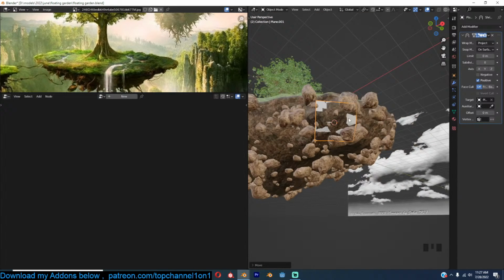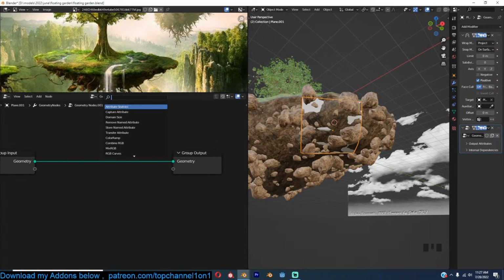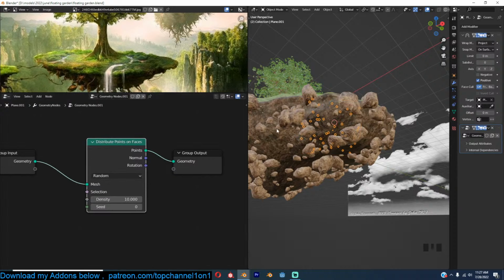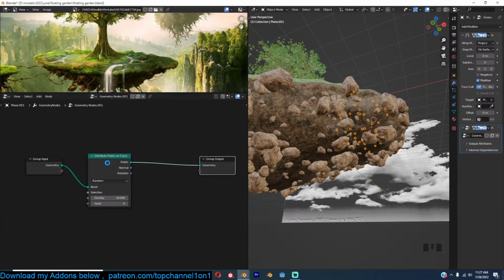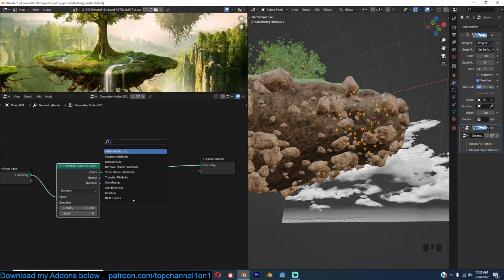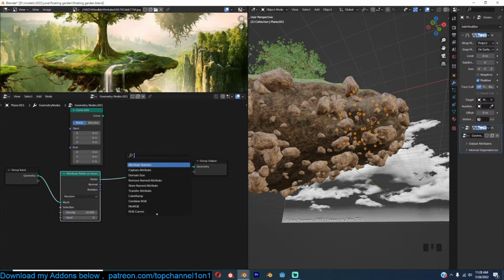Like that. So with this surface, we can start our projection. We can add distribute points on faces like that. So you can see our points, and at each point here is going to be a line. So let's do a line mesh. Actually, we want a curve line, a curve line to be on each instance. So I'm going to use instance on points. Use top of the leaf of the tree